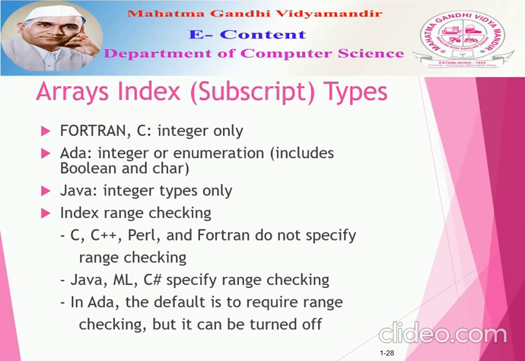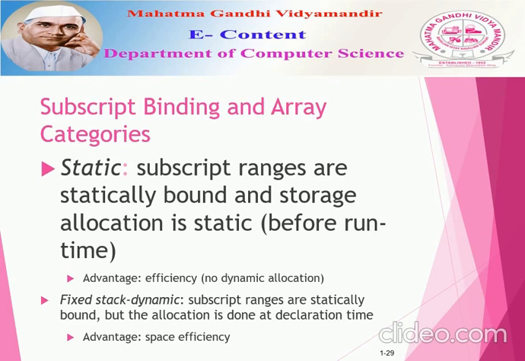There are also array index types. In Fortran and C, integer is used. In Ada, integer or enumeration is used. In Java, integer types are used. In C, C++, Perl and Fortran, we do not specify any range checking. Java, ML and C# specify range checking. In Ada, the default is to require range checking, but it can be turned off. Now, subscript binding and array